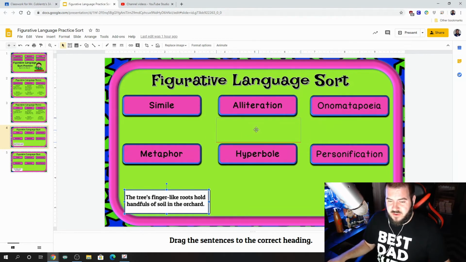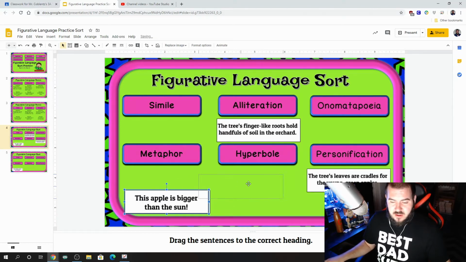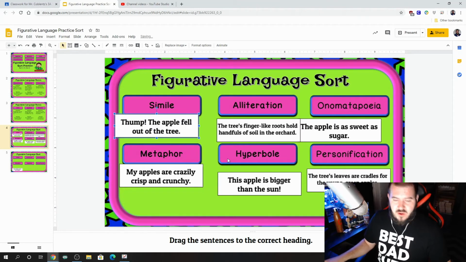Okay, so if it's alliteration, you'll drag it here, you'll leave it here, a new one will pop up. The tree's leaves are cradled for the young green apples. Okay, you'll drag them until you have none left. Okay, I'm going to move them back